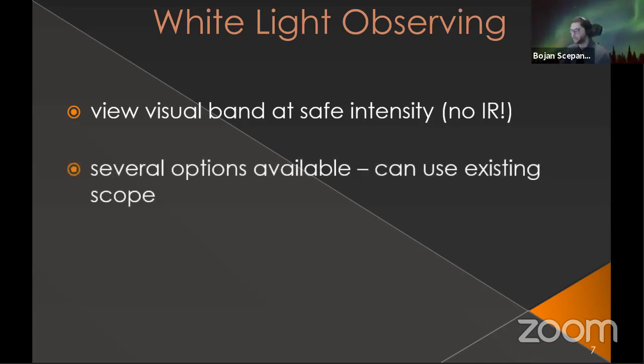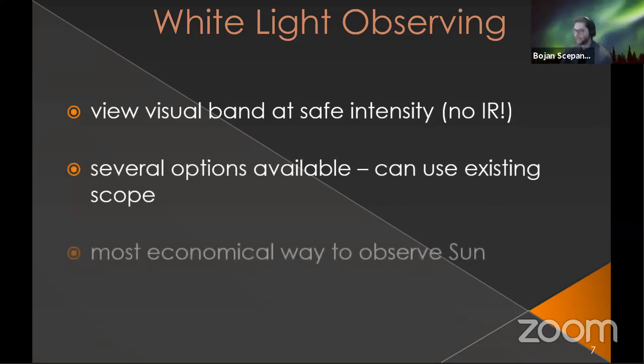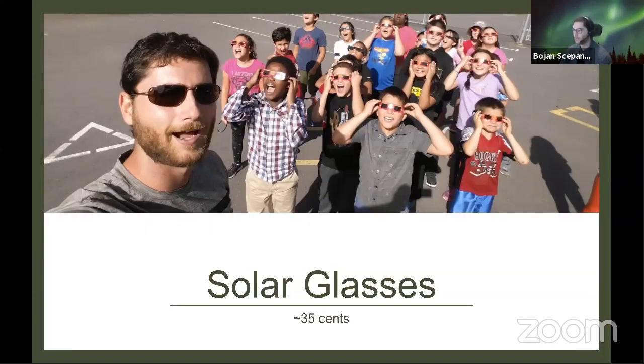So you can use your existing scope or several other options, and it's actually the most economical way to observe the sun. Now, we receive this question as astronomers very often. Did you have to mortgage your house to actually start this hobby? And the answer is only if you want to. So the cheapest way to observe the sun,